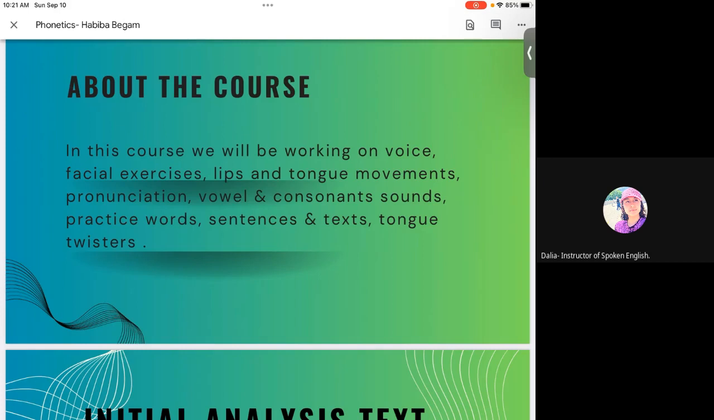Working on voice, facial exercises, lips and tongue movements, pronunciation, vowel and consonant sounds, practice words, sentences, and texts, tongue